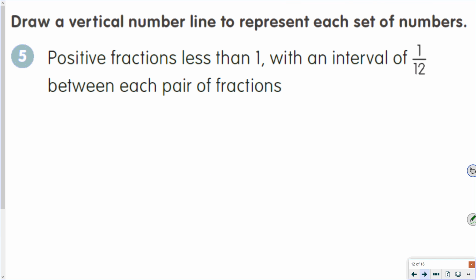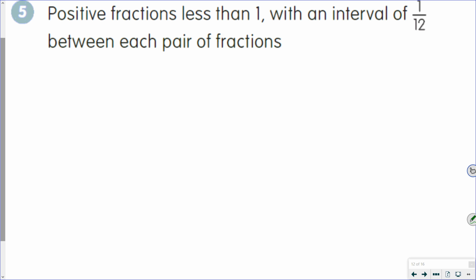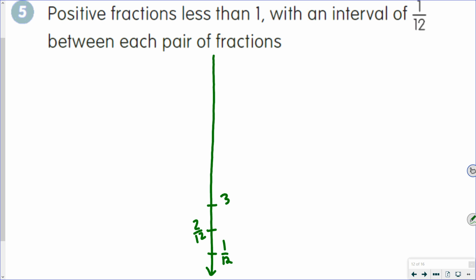Positive fractions, less than 1 with an interval of 1/12 between each pair of fractions. So again, positive means greater than 0, and we have an interval of 1/12. So essentially, we're just putting the numbers 1 through 11, but writing them with a denominator of 12. So we would have 1/12, 2/12, or if you put 1/6, that's fine. 3/12 or 1/4, 4/12 or 1/3,